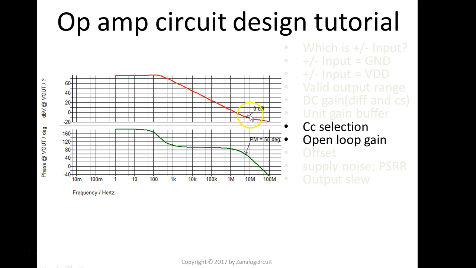Okay, the arrow is in the wrong place. 0 dB is here. So that's the loop gain. 0 dB is here. We go down. The phase margin is about, I'll say, 85, actually it is 80, which is fantastic. So that means 1 pF is good enough for the